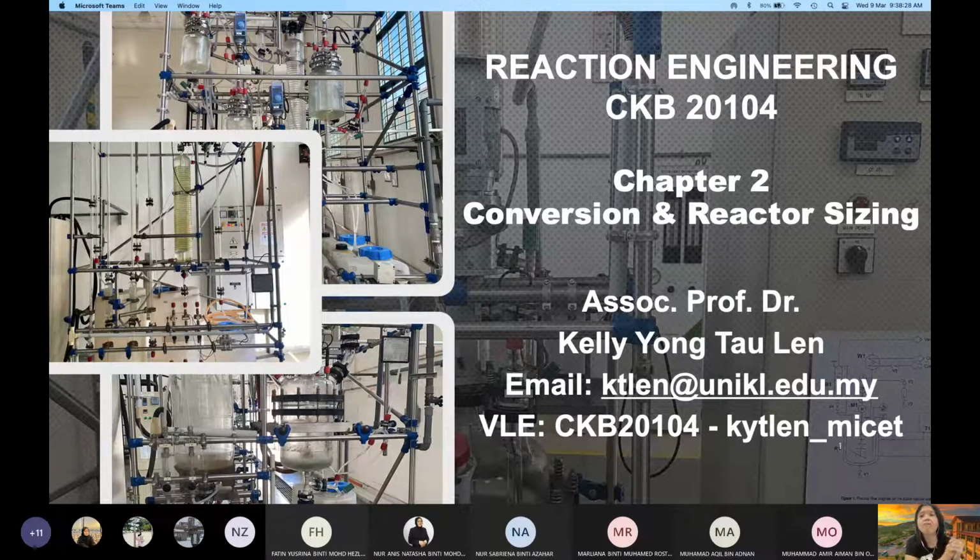For the others, I already released the lab schedule for your laboratory on VLE as well as on the Teams folder. So please check the lab schedule. The lab schedule is for those who will come physically. Also, since the members are from different groups, physically I will combine you in groups for the lab. But for your lab report and so on, you will still do it according to your original group. Just that the physical lab session will be done according to the physical group, but for your lab report you will do it according to your original group.